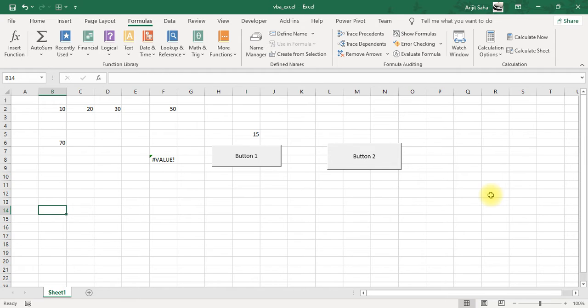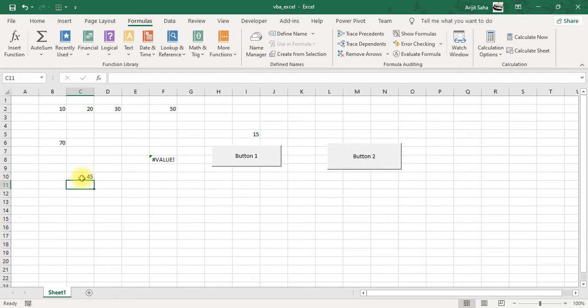So actually, what is a cell? Whenever I click on any small box, I can see it is a combination of column name and row number. So whenever we click on one cell and type something in it, we need a function that will be able to read the data that is there in that particular cell. Now we will learn to write the program for how we can read that data from the cell.